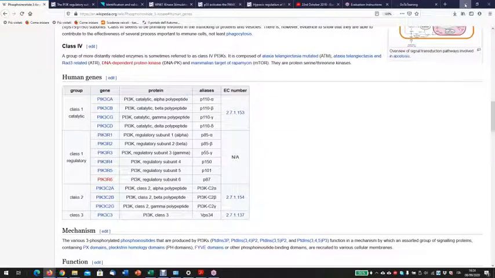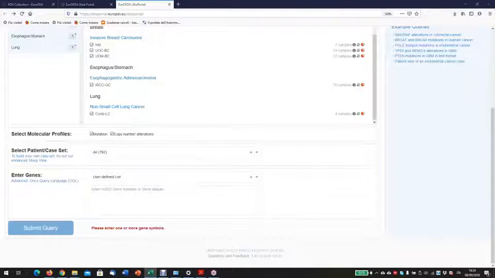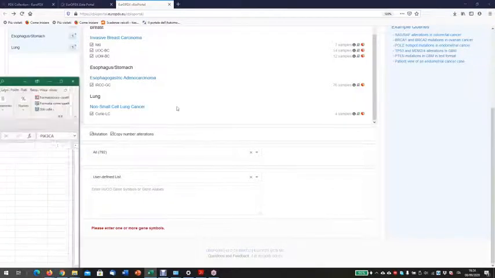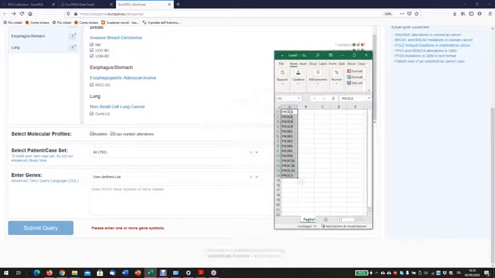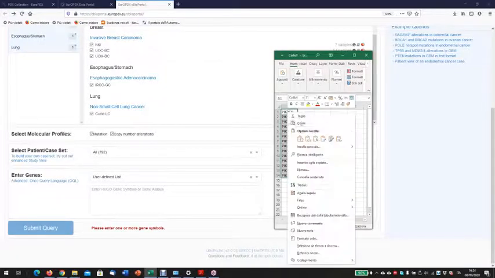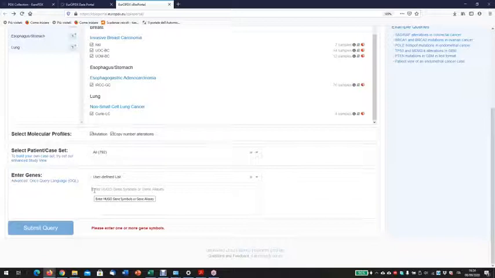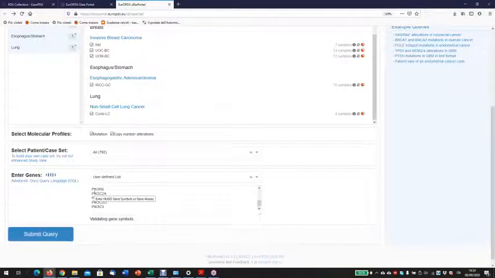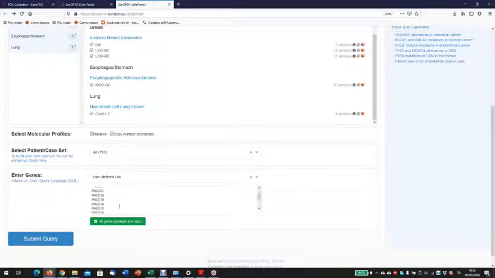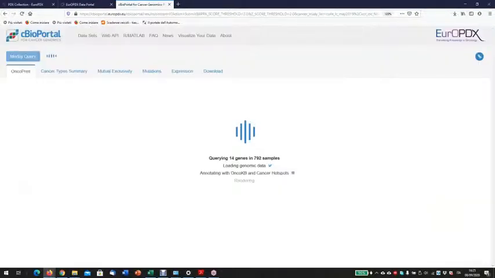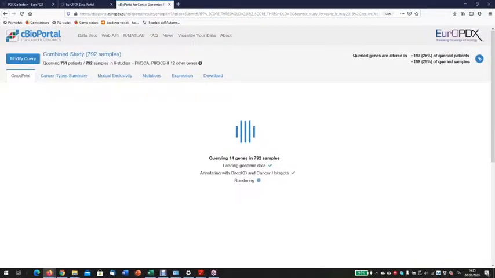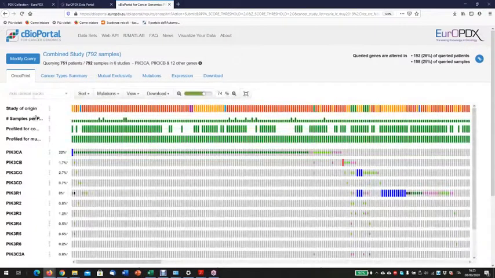You generate a list, like I did here in Excel. What you need is official gene symbols. You can see this list here, and you just copy the list and paste it down here. So now we are exploring a list of genes of interest of the user. And there is a check. Now we submit the query, and now we are opening a view of the data, which is called OncoPrint, where